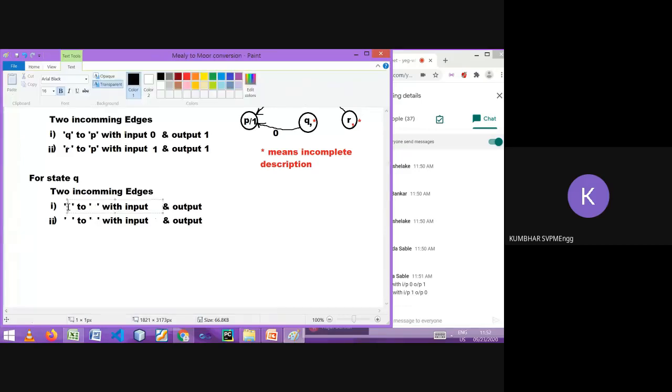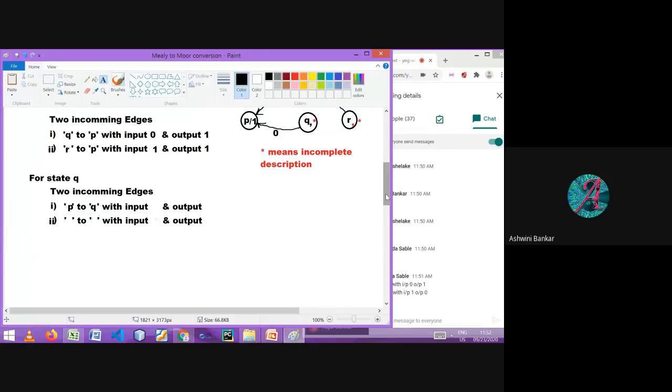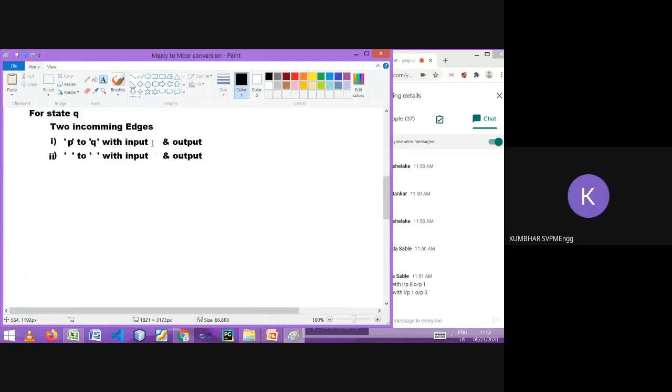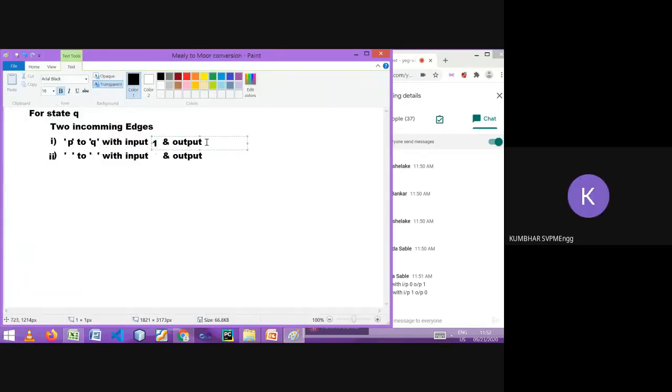From P to Q there is a transition, on input 1 and output 0.